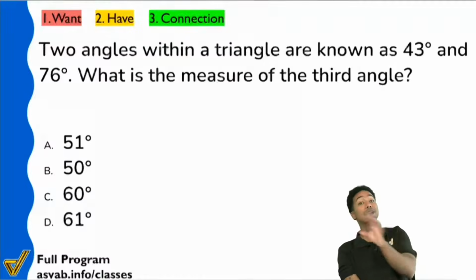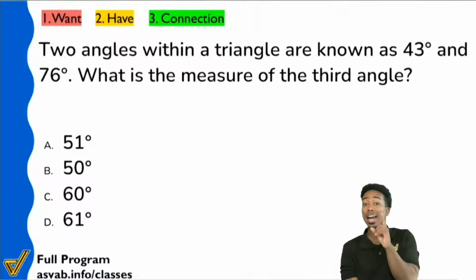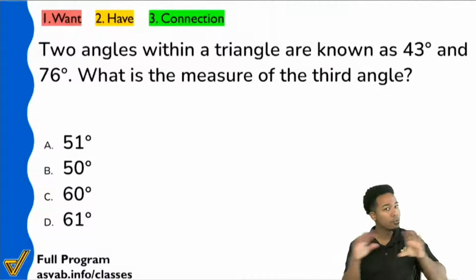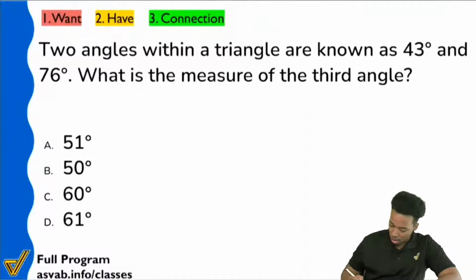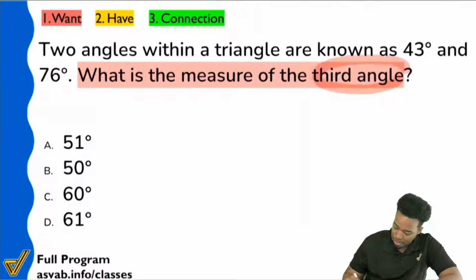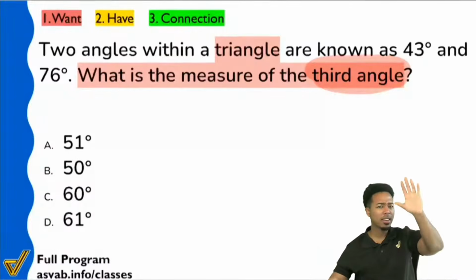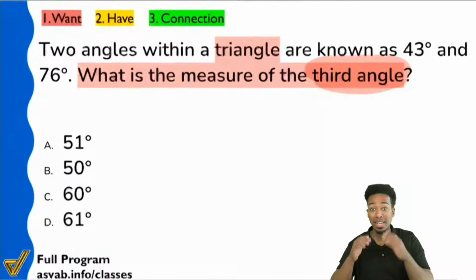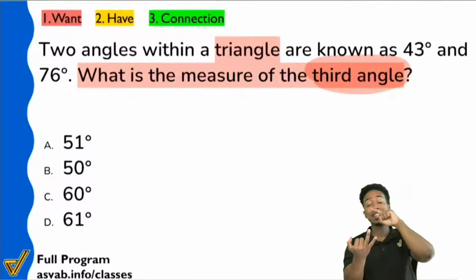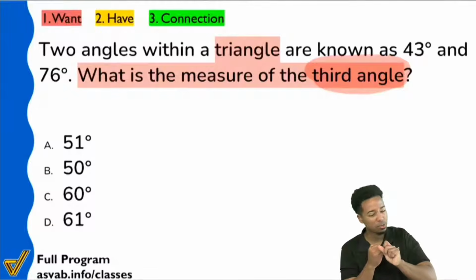So, look, even if you don't know the formula or whatever it is that we're talking about, I hope you can tell by reading this, even if you were lost, you can say, hey, we're looking for the measure of the third angle and it's inside of a triangle, right? Even if you don't know what to do after the step, everybody, is it true that you should be able to identify those really big math words like the angle inside of a triangle? Does that make sense so far? Again, even if you were lost, we should be able to identify those words. That's the key here.